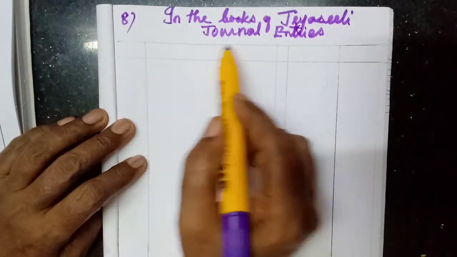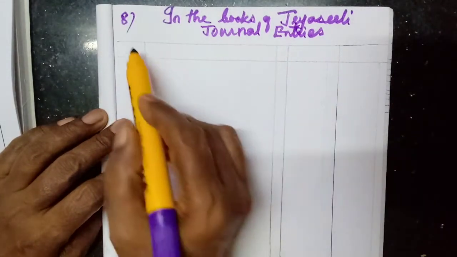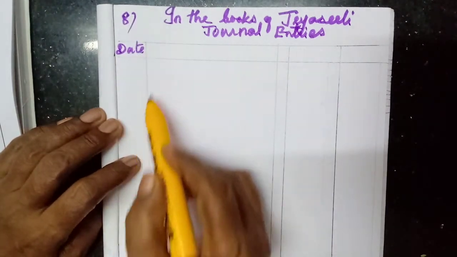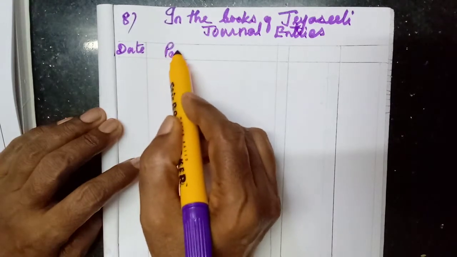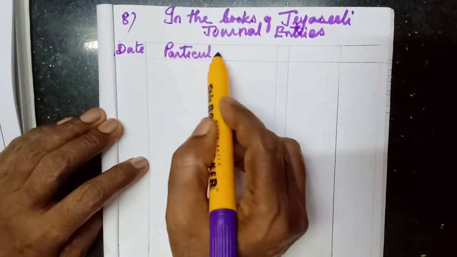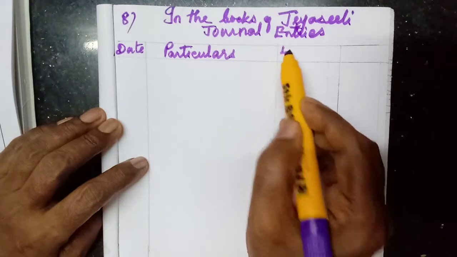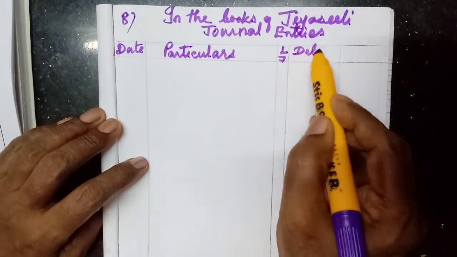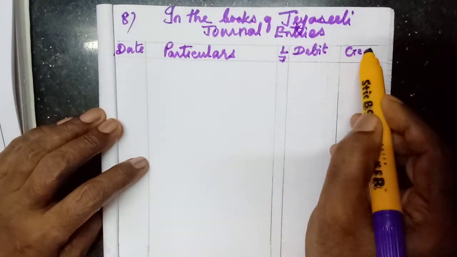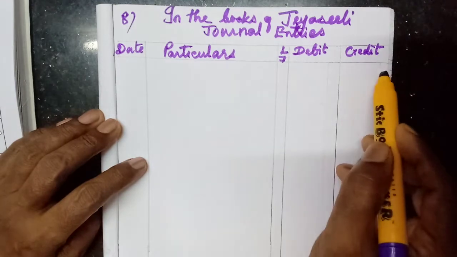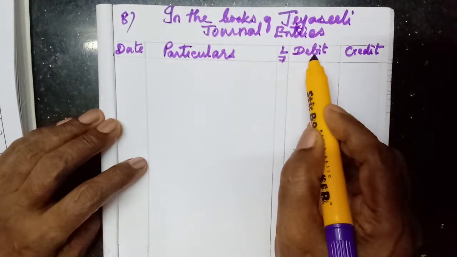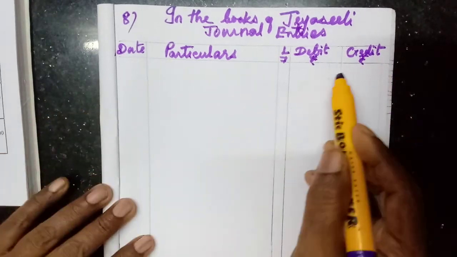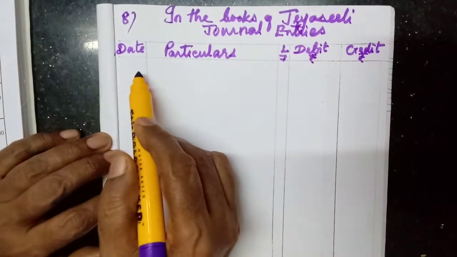Then like this one line column will be there to write the heading. There you write date, that margin line. Then particulars, LF. I explained everything before, isn't it? LF you write. Then debit, credit. Here paisa column, here also paisa column will be there. I will tell you what to do with that paisa column. Rupees you have to write, rupees symbol.